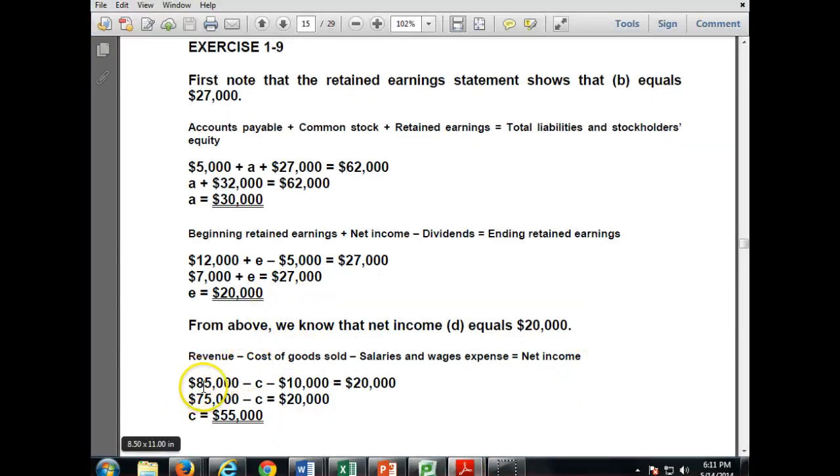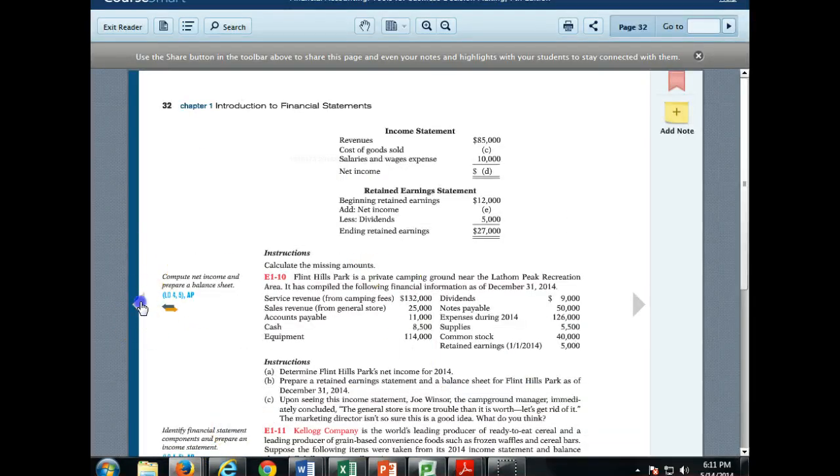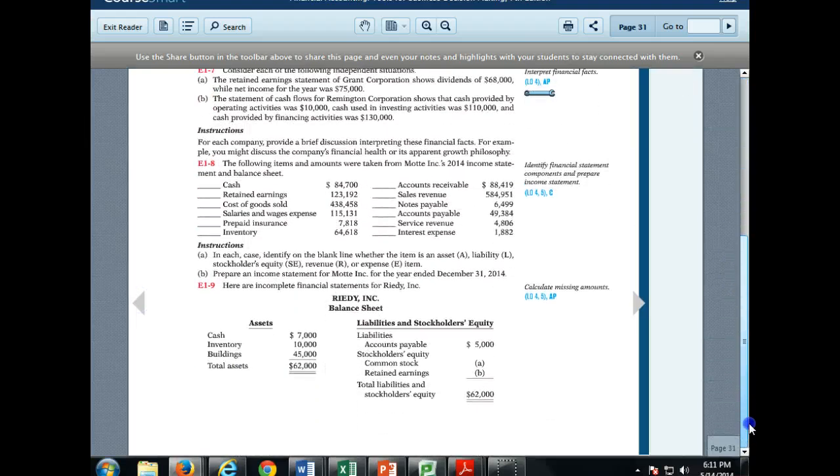85 is our revenue, minus our cost of goods sold, minus our salaries is going to equal 20. So basically 55,000 is going to be the cost of goods sold. Okay? Then, if we go back to the other page here,